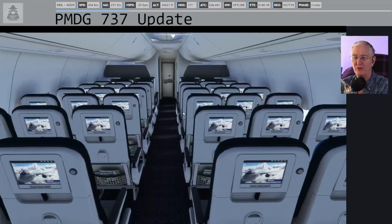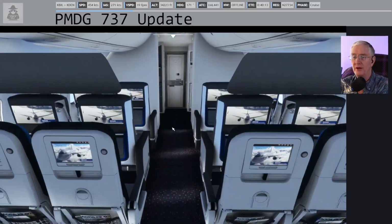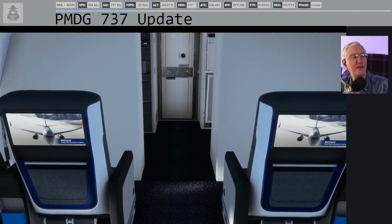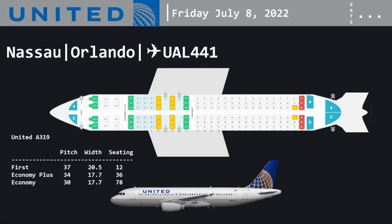So now we have those. We also have a first class section, which more represents what we would get here. Let's go and take a look. I think this is from my last flight. I think this is an Airbus. Yeah, this is an Airbus. So an Airbus has 3 rows. I need to go and take a look at. Okay, let's go over here real fast. So where do I turn off that? So seating chart